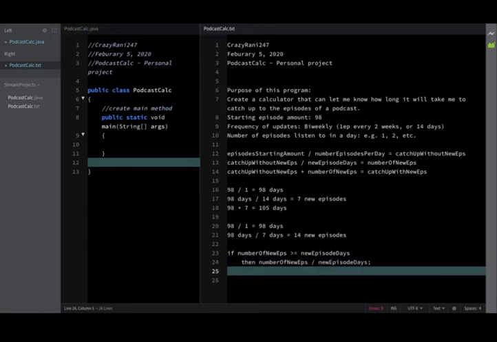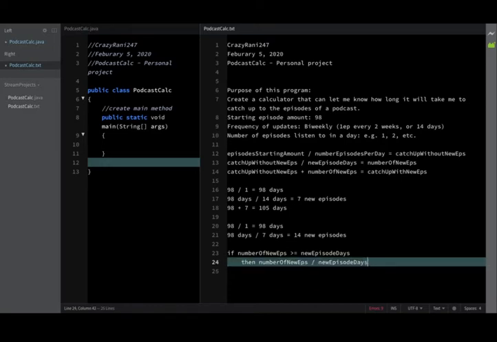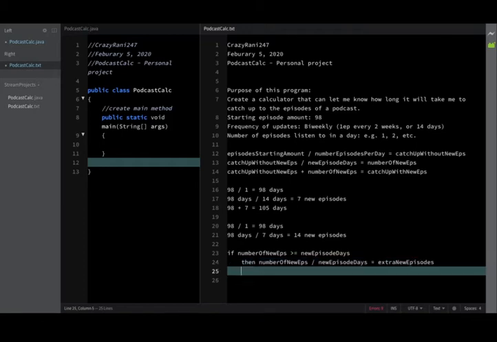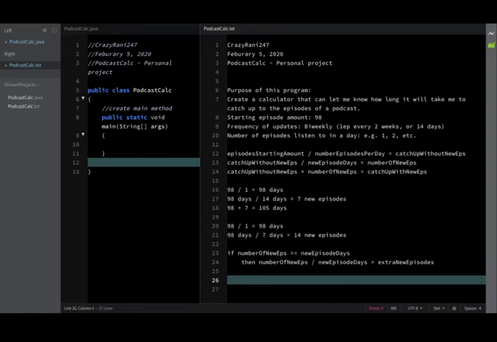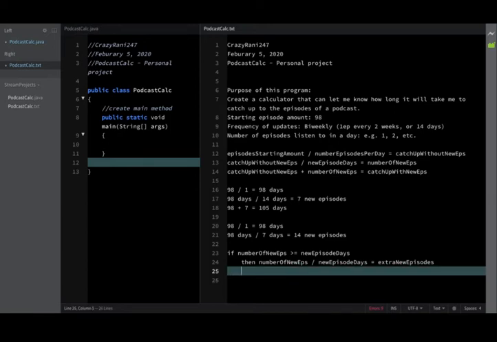Then equals, so it's going to be extra new eps, extra new episodes. Then, so else, so then we have to do